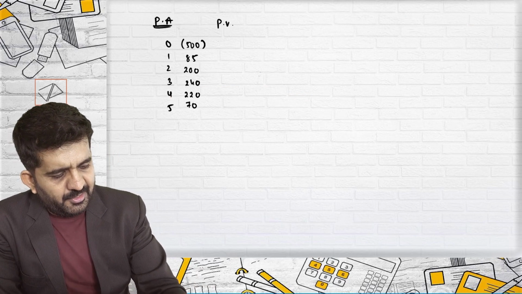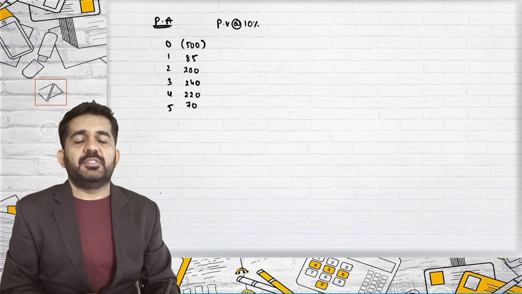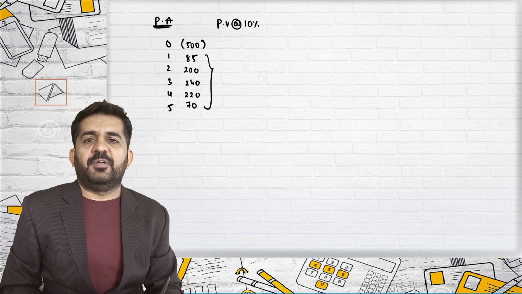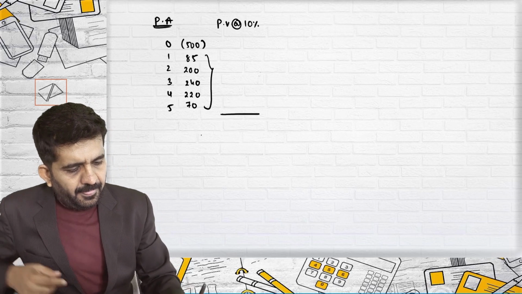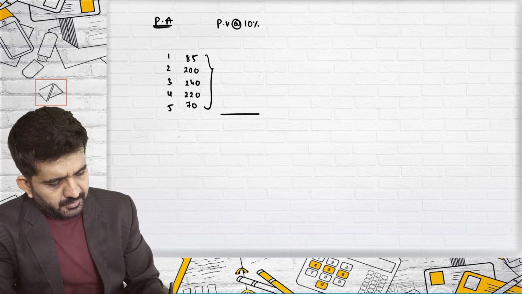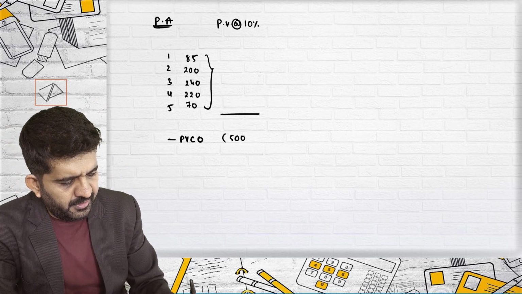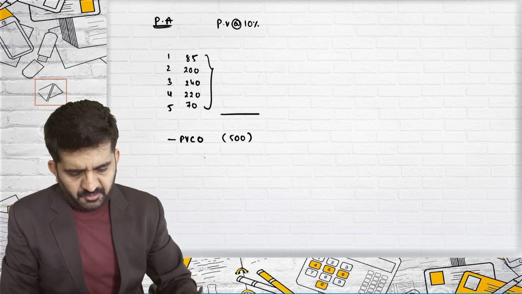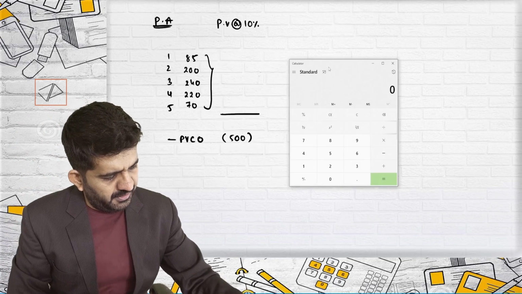So present value at the rate of 10%. Find out present value at the rate of 10% of all these figures. Let me remove this minus 500 from here. Minus present value of cash outflow, negative 500. Present value of cash inflow at 10%. So it will be